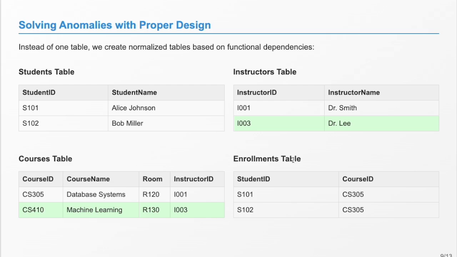So what about update anomaly? What if the instructor, Dr. Smith, changes his name? Now he is called Dr. Jerry. So in that case, we don't have update anomalies anymore because this information is only stored in one place in the instructor table. So we only need to change it here, and in this case, we won't have update